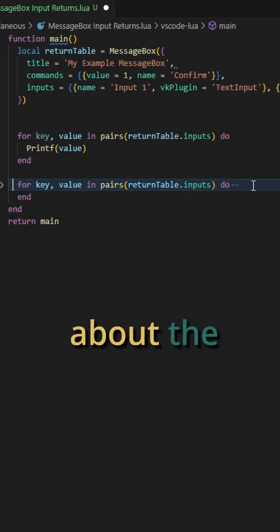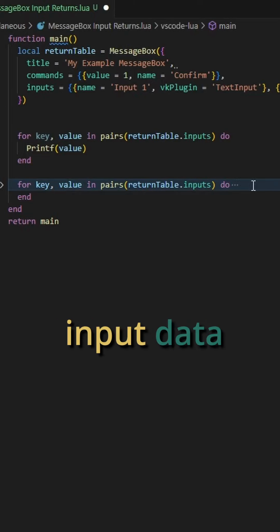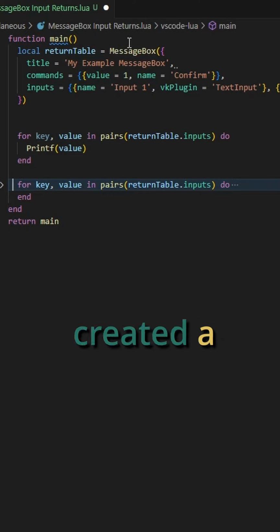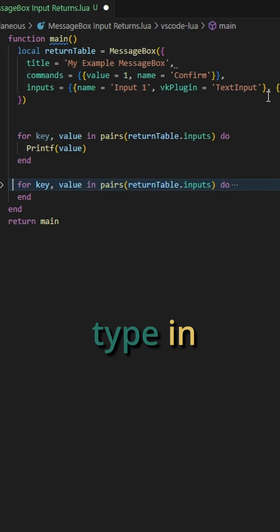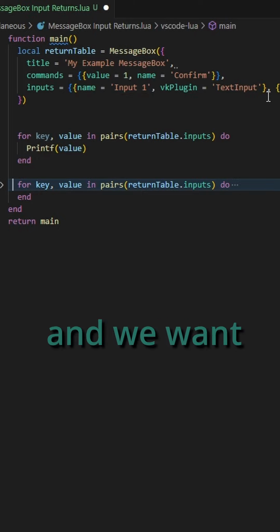I'm going to give you a quick tip about the returns MessageBox input data that's going to help you anytime you're working with tables, but specifically in this case for MessageBox. So I've created a MessageBox here and it has two inputs in it. Now, presumably, whenever you use an input, you actually want to get the data that the user put into it. This one's going to ask the user to type in something, and we want to see what it is that